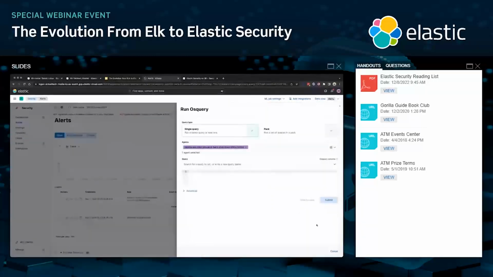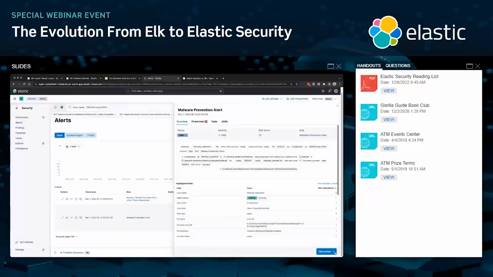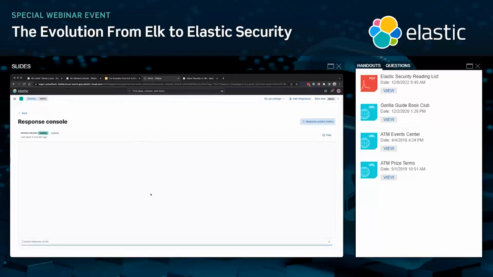And lastly, I want to show Respond, or what we call a responder. This is where we are emulating more of a terminal interface to those endpoints. I can see some basic commands here. We saw that automated kill process kicking off before, but I can do analyst-initiated kill processes. I can suspend a thread, I can dump processes, but this is where you will see more and more of those response functions, specifically those analyst-initiated response functions that you might be kicking off here depending on how your investigation goes. So what did we see here?